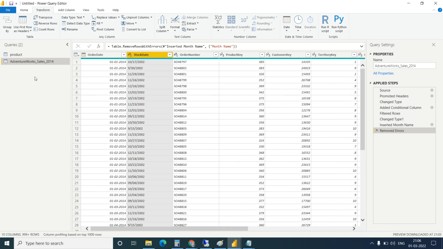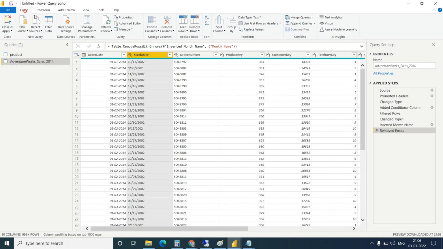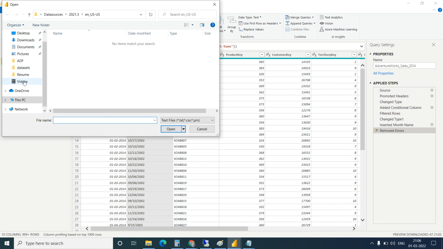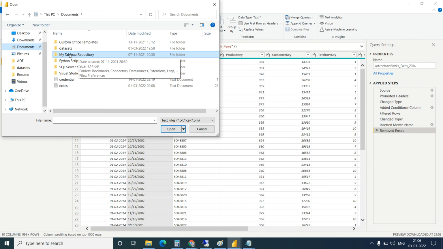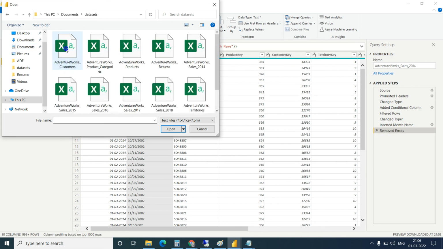So let me connect with the other data, at least I will get some. I want to show you something which is really good. Go to the document, dataset. Go to the cells.